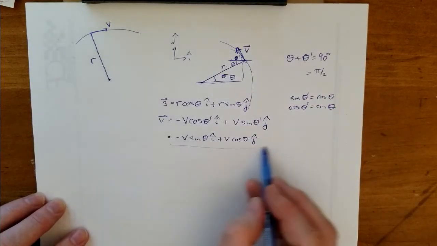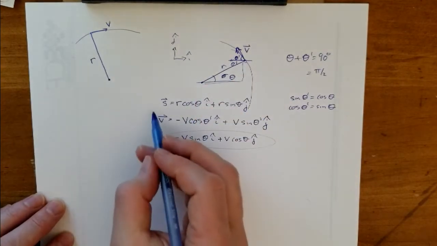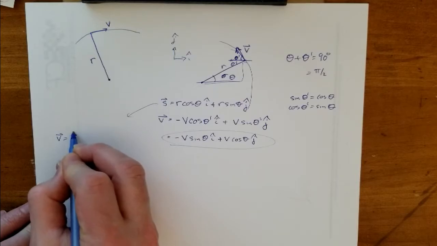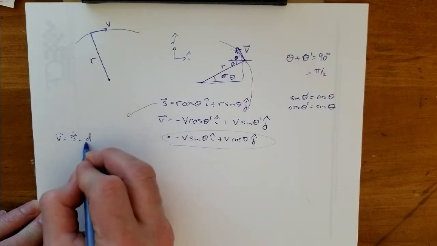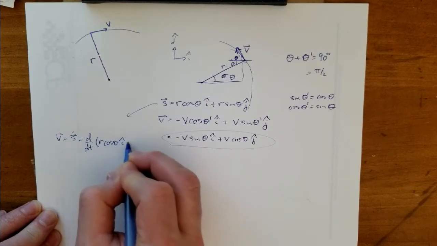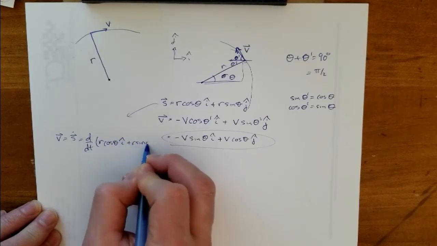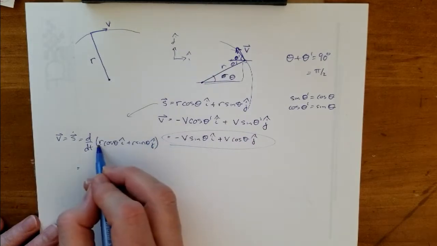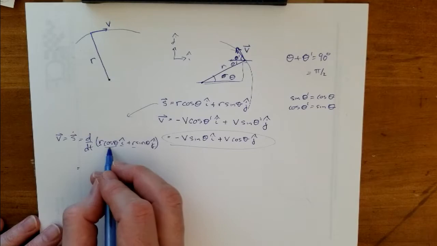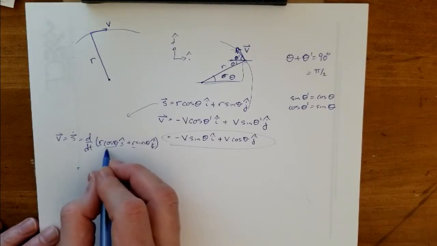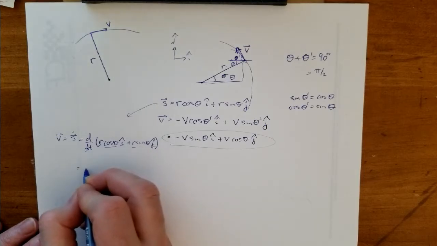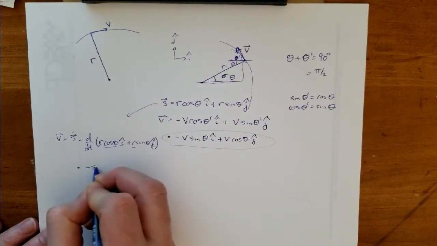Well, actually, we can derive this. We don't have to think through it. We can just do some math here. I know that v is the time derivative of s. So this becomes d/dt of r cosine theta i hat plus r sine theta j hat. So r and i hat are constants, and what's changing is the theta part. The derivative of cosine is negative sine. So this is negative sine theta